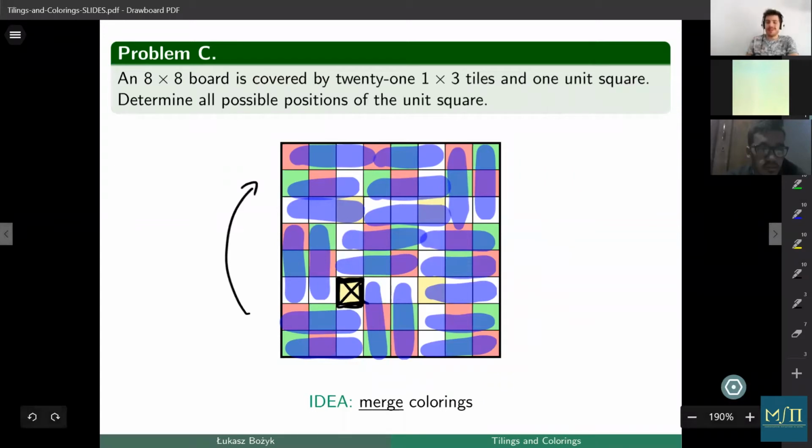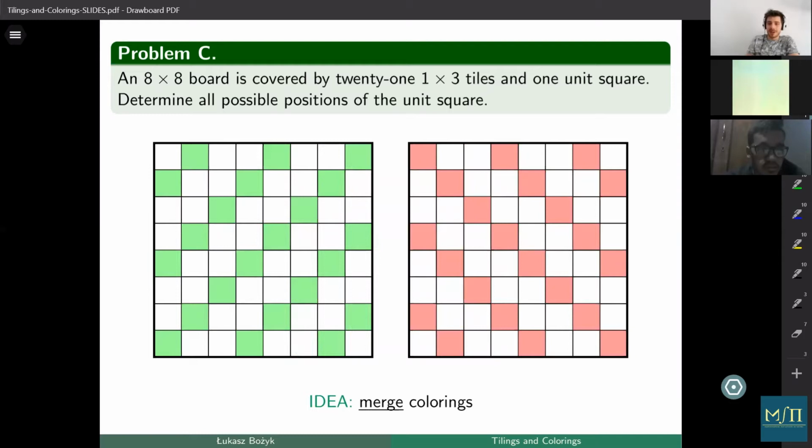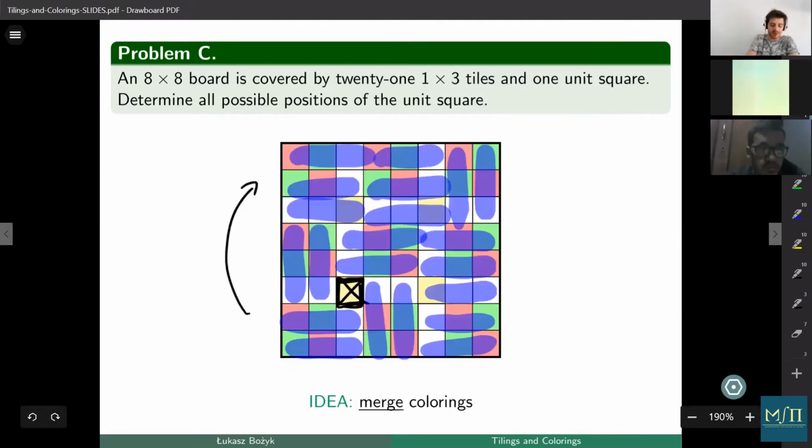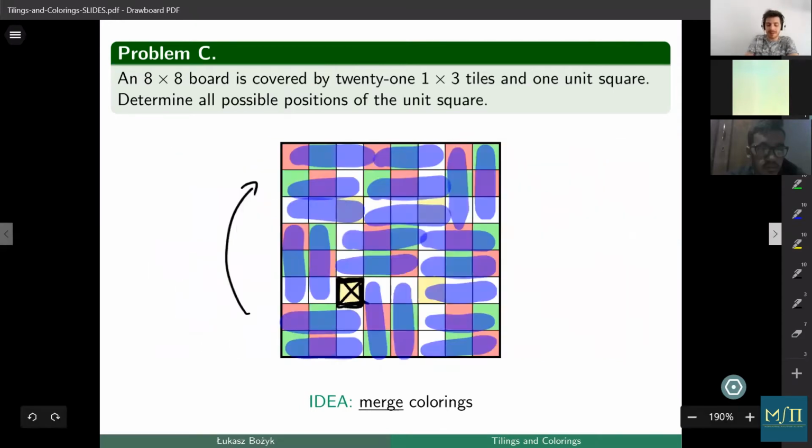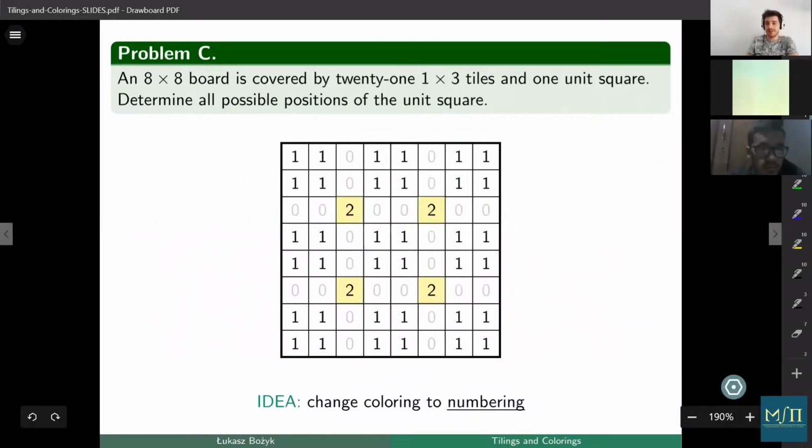And if we want to formulate our argument in a short and, maybe, an elegant way, we may encode this adding of the two pictures with numbers. So suppose the green cells here are ones and the red cells here are ones and there are zeros everywhere else. If we add two pictures to one another, then we receive a picture like this. And now the argument is that every 1/3 tile covers cells of sum exactly 2, and the sum of all the cells